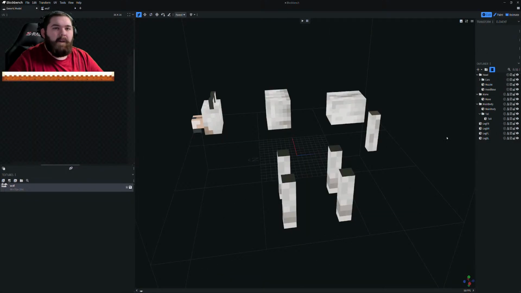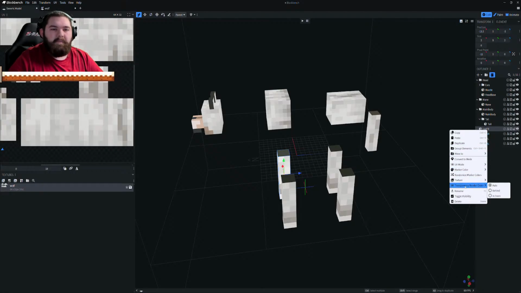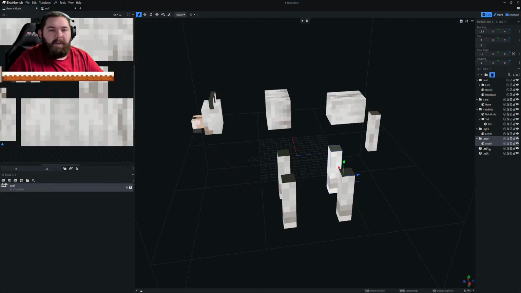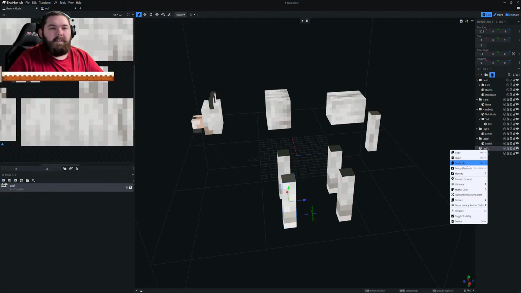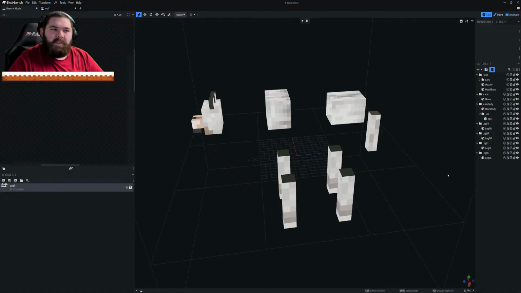Alright. Oh, you know what? I'm an idiot. I completely forgot to do this. Group element. Group element. Group element. And now you're all probably wondering, why am I just grouping these if I'm not going to add